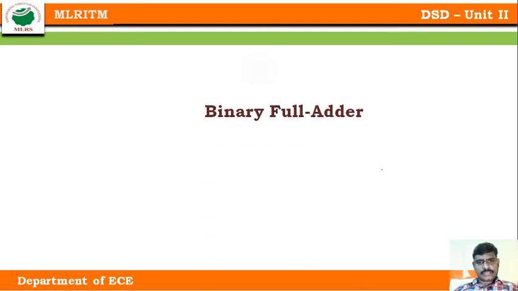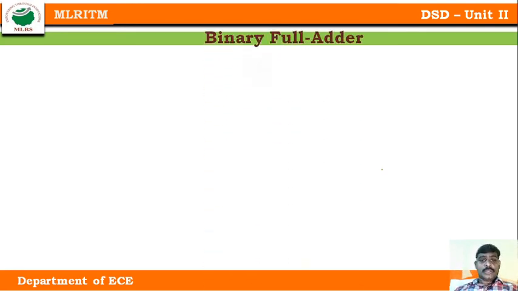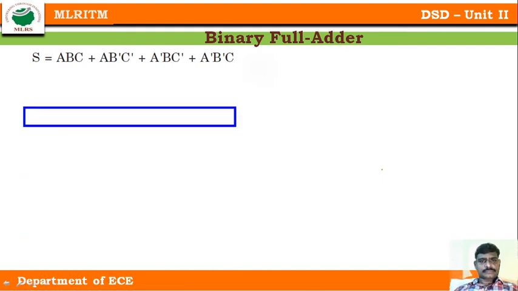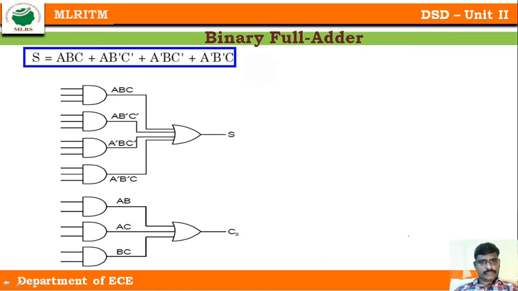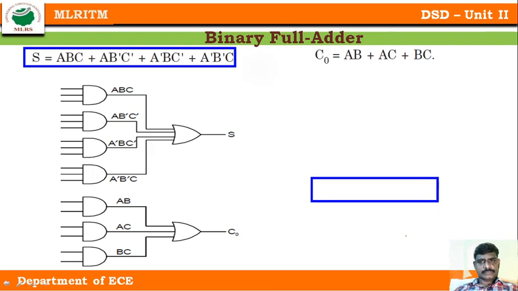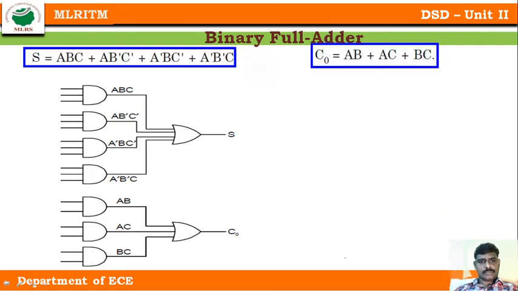Now, is there any further simplification? Yes, with Boolean theorems I can go for better simplification. So let's take S is equal to A bar, and this is a circuit I need to draw with this, and the complemented output is like this. This is the circuit I have for the second output, C out.